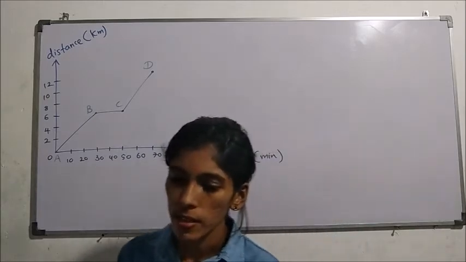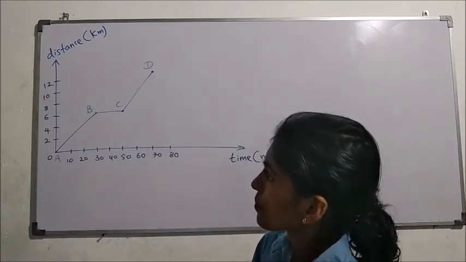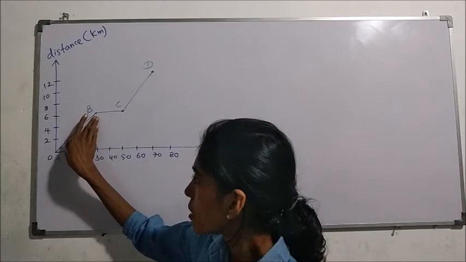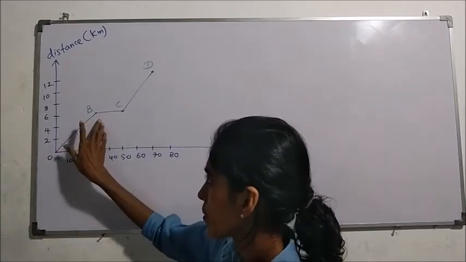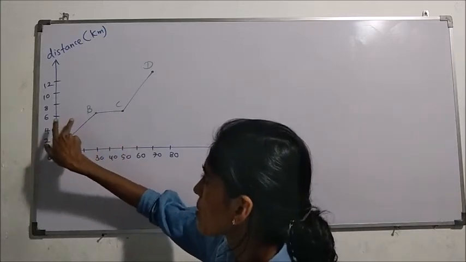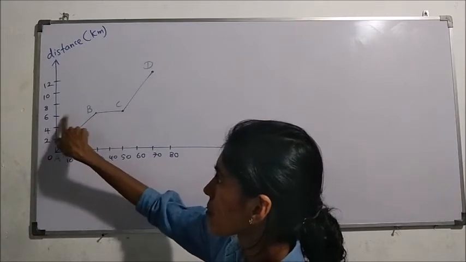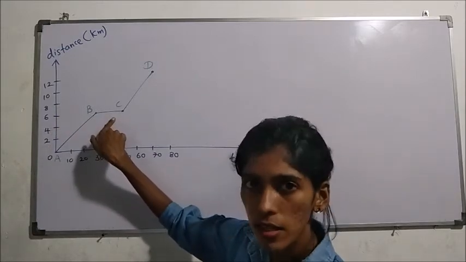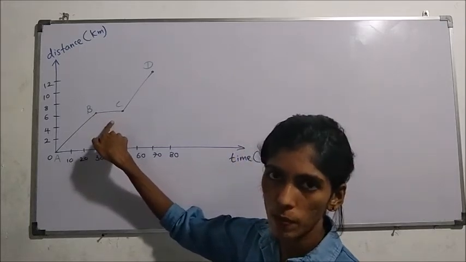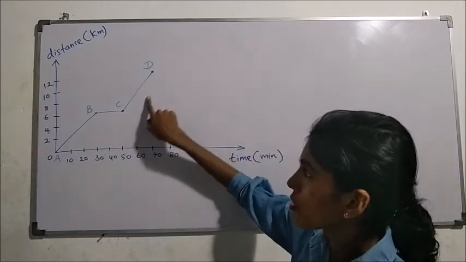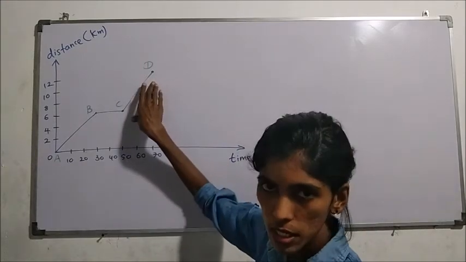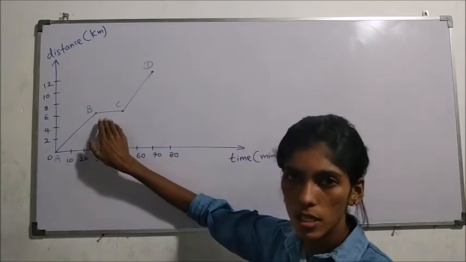Here, if I explain a little, when there is a gradient like this, you should know the object is traveling. That means Nimal has traveled. But from point B to C, is there any difference here? At the same distance, the 2 points are there. That means the object has not moved. That means Nimal hasn't moved anywhere. After that, C to D represents his returning home. It shows a speed really. These slanted lines show speed.